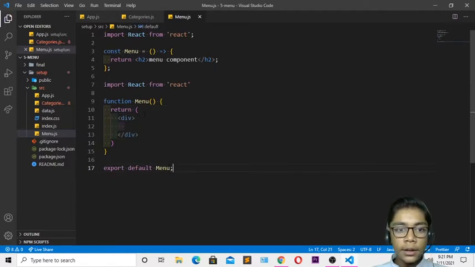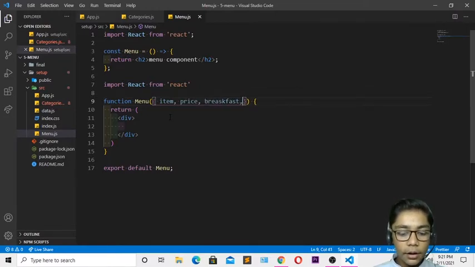So you have to press this, and you have to just come over here, write curly brackets in that. Then I will be writing first of all item, then write over here price, and over here I will be writing breakfast, then write over here lunch. Then spelling is incorrect, so I'll be writing lunch. Then over here you have to come, and now over here I will be creating another thing which is called shakes. So I'll be writing that shakes over here.